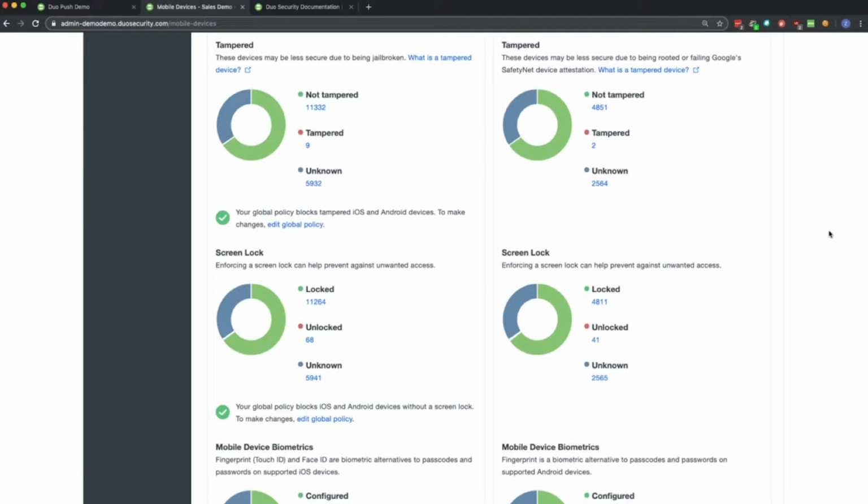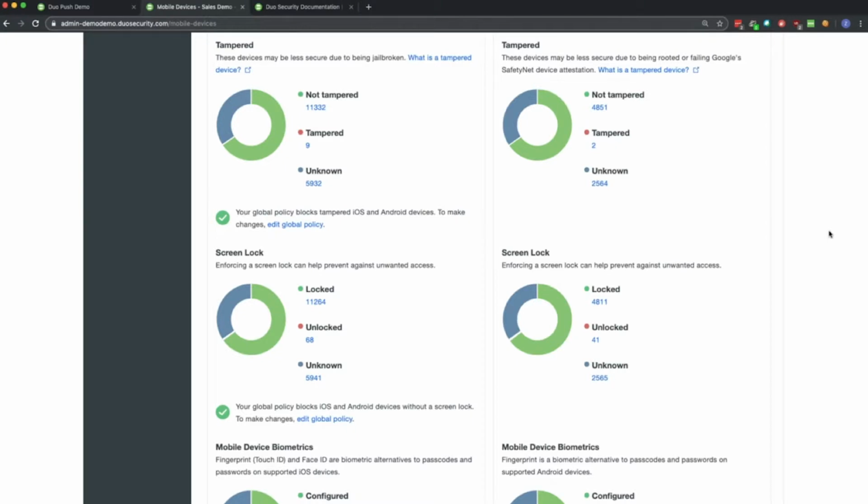We want to know if that device has been tampered with, if it's been rooted or jailbroken. You may have a subset of your user base that is able to have a tampered or jailbroken device. Maybe you have a research team that needs to conduct testing with those devices. You at least want to know about it, and odds are for your average user, this isn't something that you want to enable for access to protected data. So you get that visibility here.